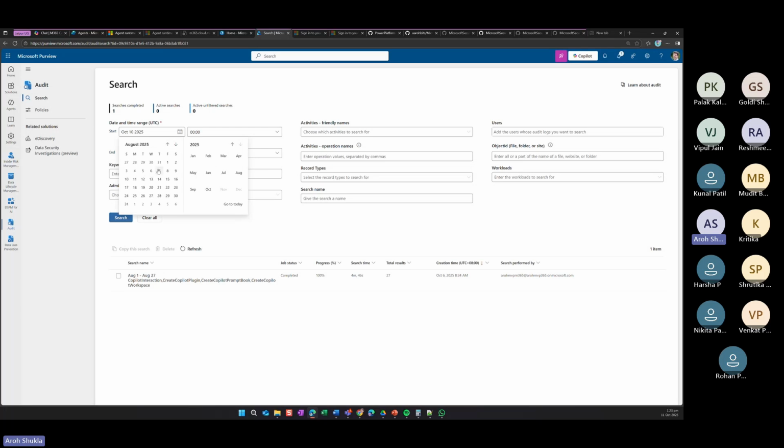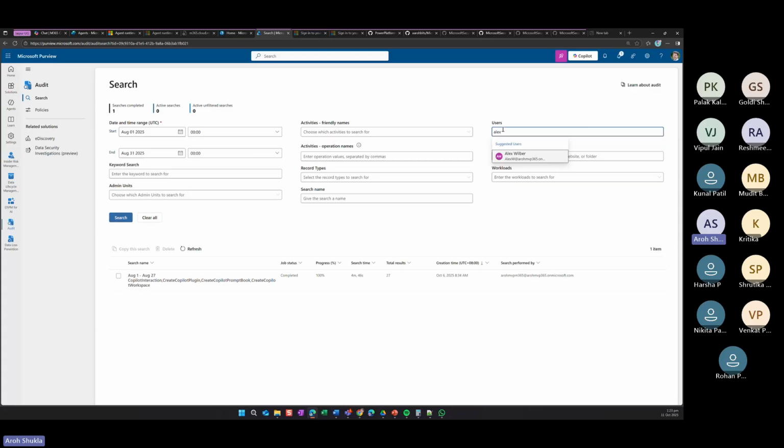Say some scammer or hacker was trying to access one of the agents, maybe from 31st of August, and I can do anything right here. But the main thing is, it could be a user also, right? So it could be a user, his name is Alex, and his ID was compromised. But let's make it simpler. I just search for what interaction was first done.